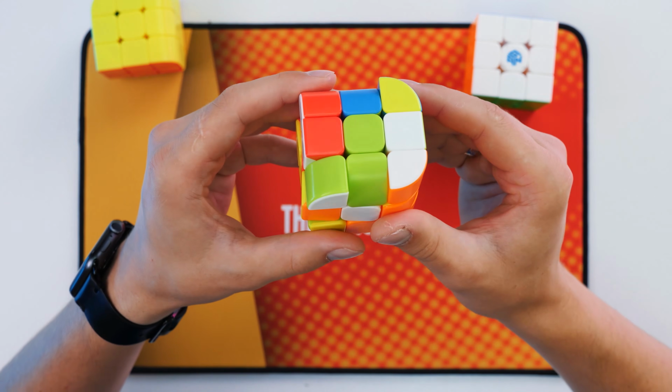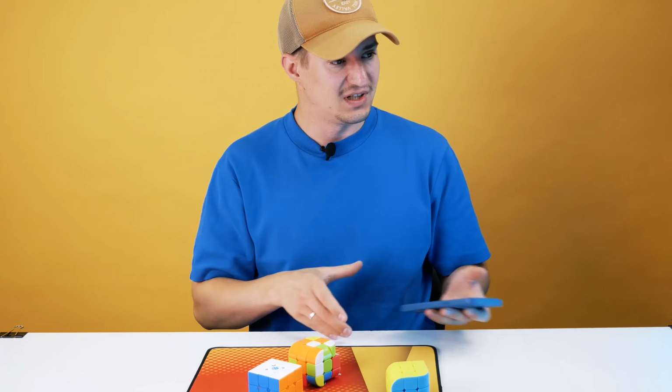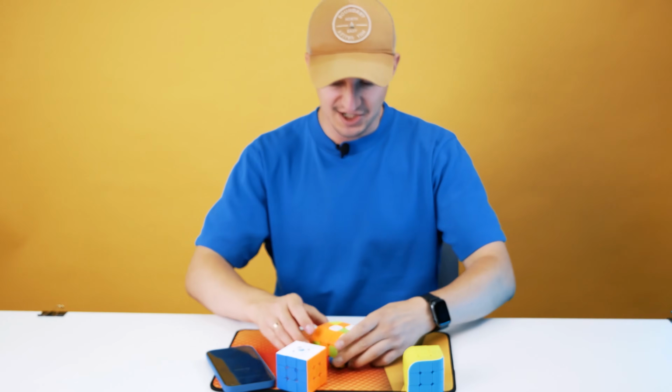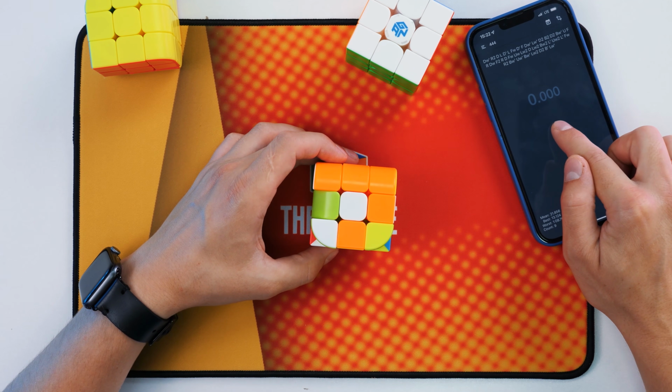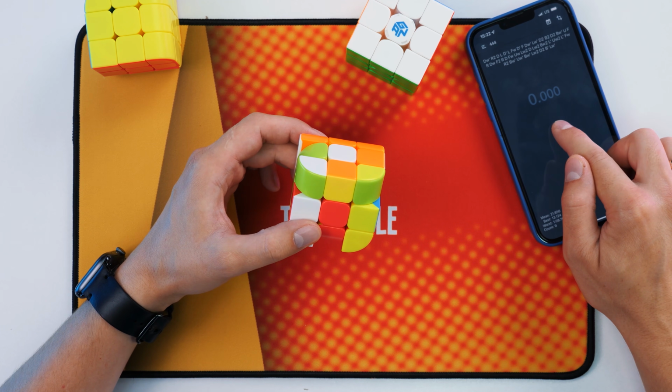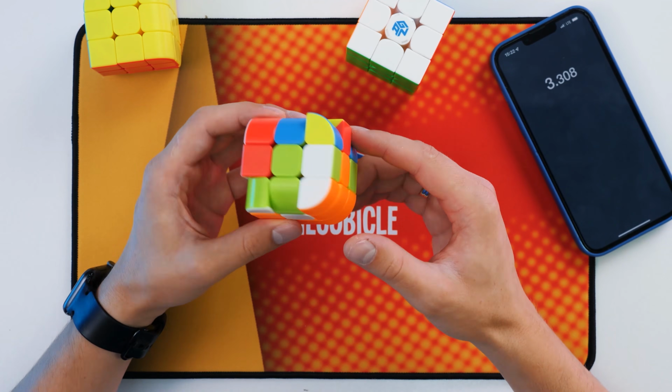Well, we have a scrambled barrel cube, and let's try to solve it. But let's also time it to make the process more interesting. I have a stopwatch here, I press, let go the finger off, and let's start solving. That's it, here we will see my result in the end.